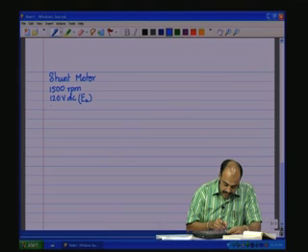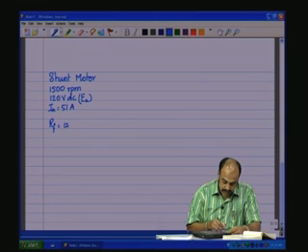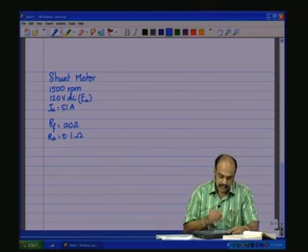Now, IA is 51 amps and our shunt field winding RF is 120 ohms. RA is given as 0.1 ohms. Okay. Given this,